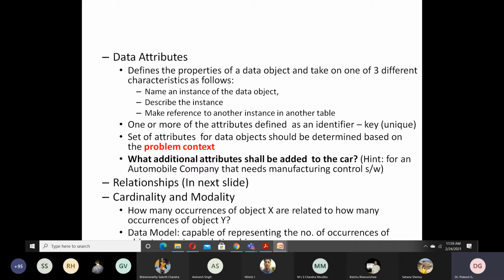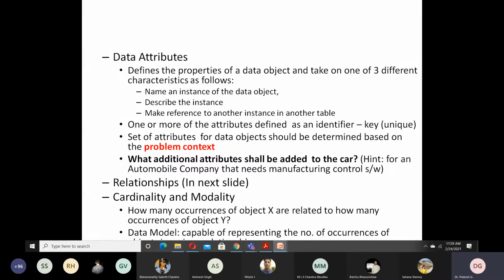And you can define any one of the attributes in the particular data object as an identifier. That is what you define as a primary key or unique key. Because using that identifier only you can represent the data object, or retrieve the data objects.